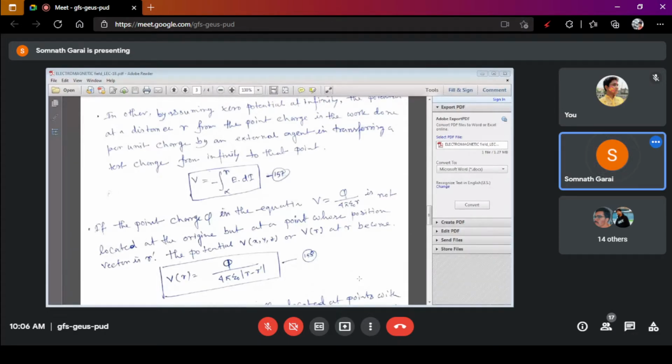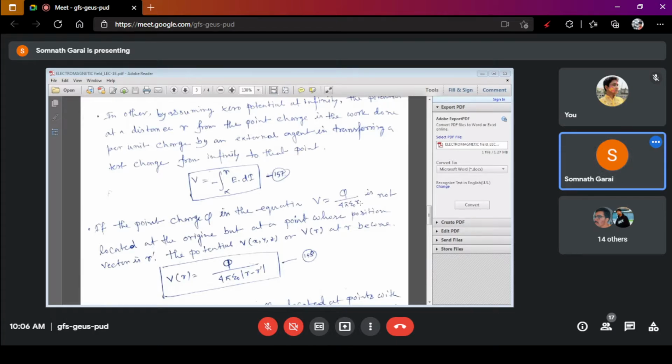Now, if this point charge is not located at the origin, it is located at another point whose vector distance is r dot, right? If a point charge q in the equation V is equal to q over 4 pi epsilon r, that gives the potential difference with respect to the reference point, that is the origin. But if this point is not situated at the origin, it is situated at a vector whose value is